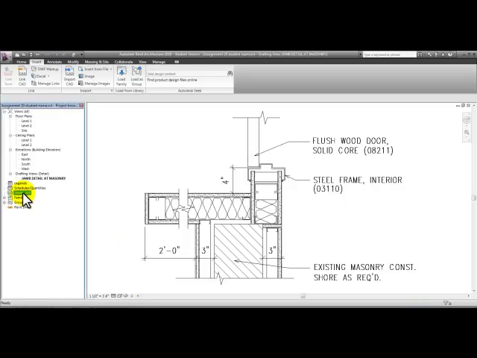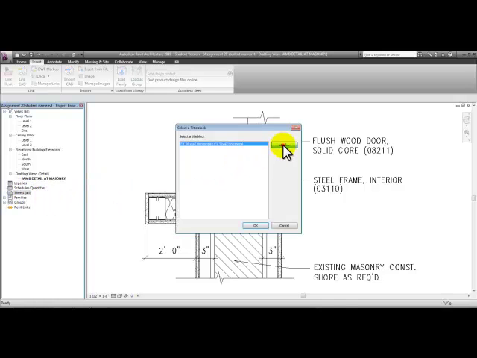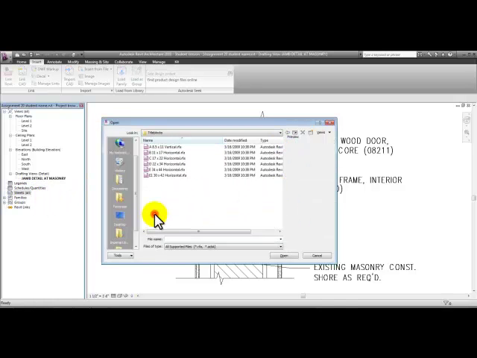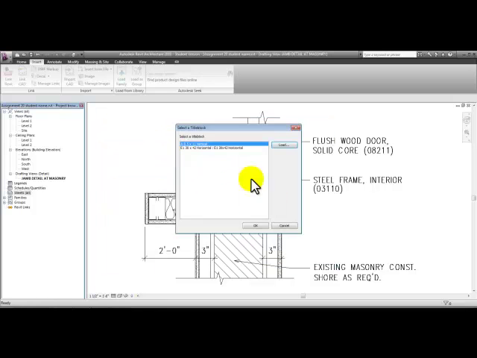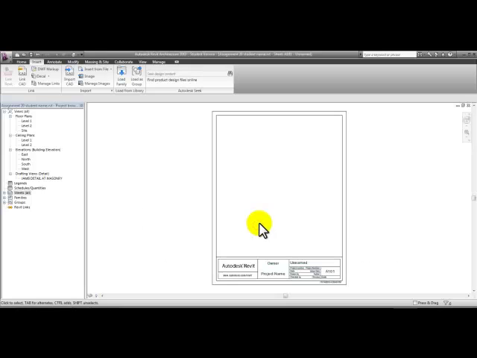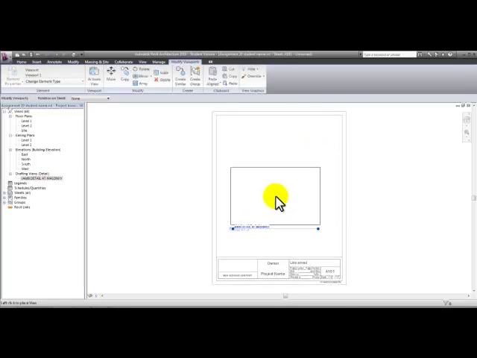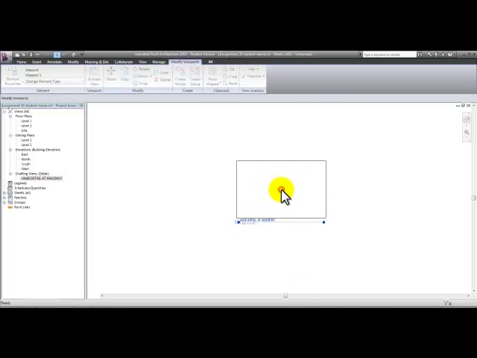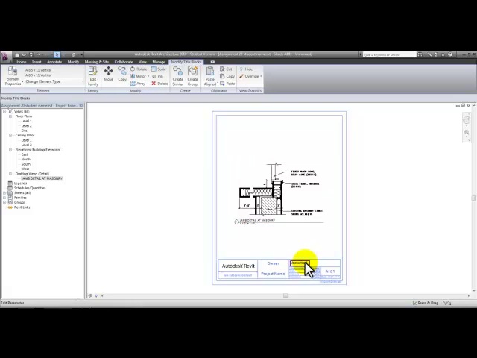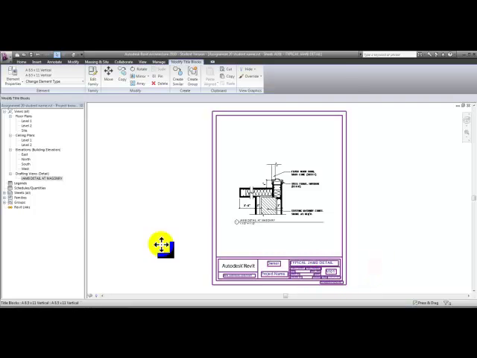We'll go to the Sheets and right-click and pick New Sheet. We're going to load in the Title Blocks folder the 8.5 by 11 vertical title block. We'll pick OK, and then drag and drop our jam detail at masonry detail into our 8.5 by 11 sheet of paper. We'll go ahead and rename this sheet typical jam detail and see that we've created a new sheet